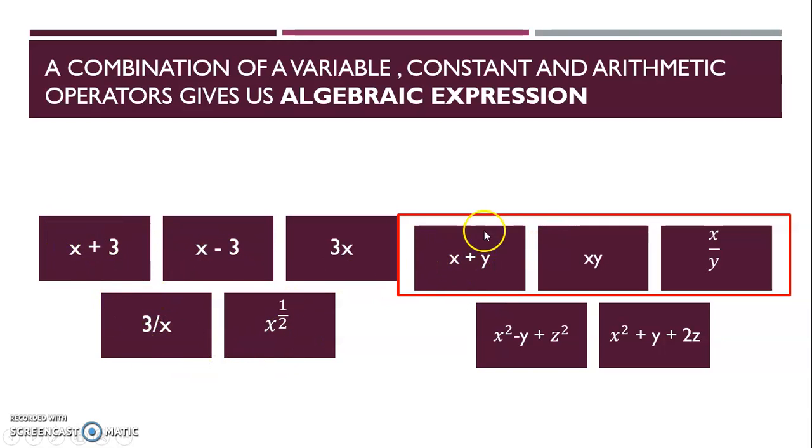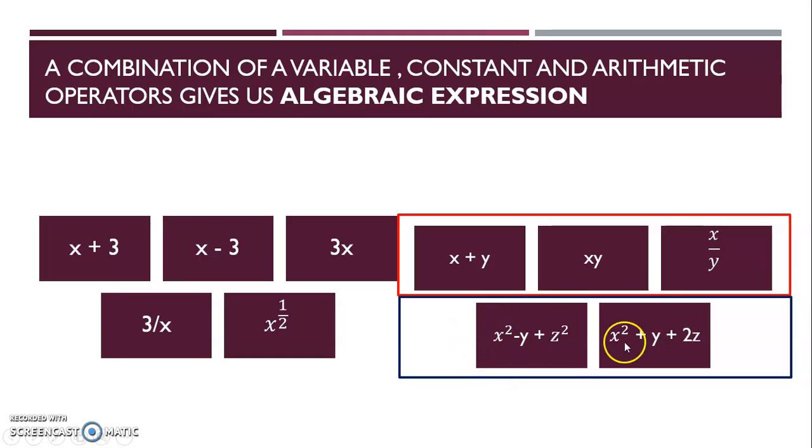यहाँ देखें तो इन तीनों algebraic expression में दो variables होता है, और अब यहाँ देखें तो इन algebraic expression में तीन variable होता है, x, y and z. So in an algebraic expression there can be any number of variables. There can be one variable, two variables, or three variables.